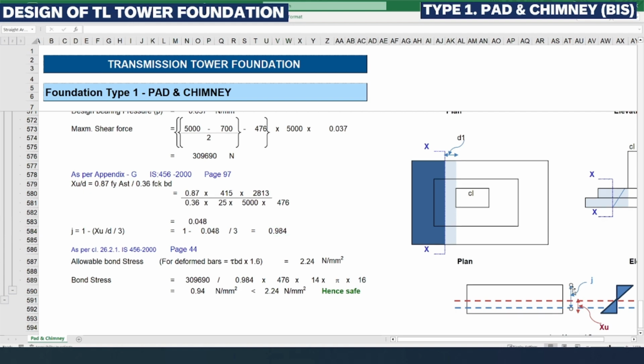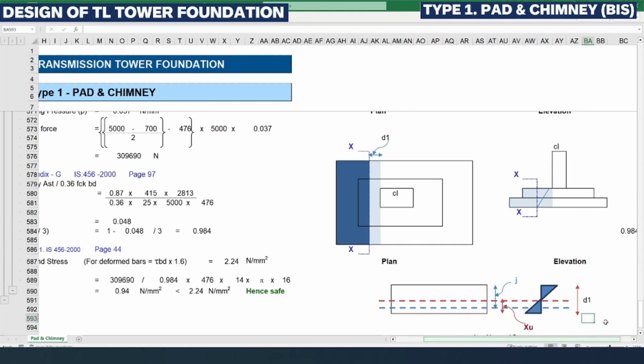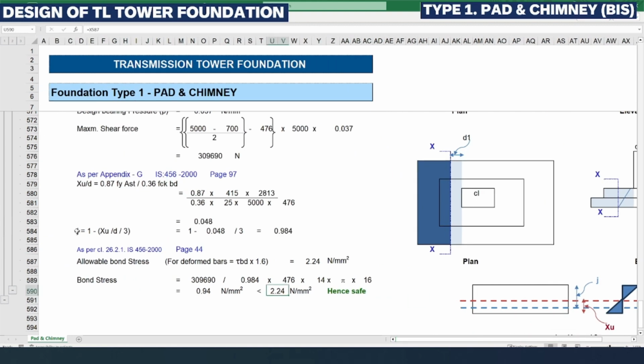So that means the lever arm distance is lying in between. The blue color line is the lever arm distance in the right hand side picture. So it is lying here. This is what we had calculated here. Now we need to check the